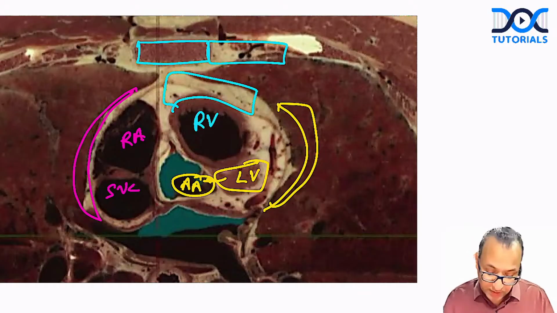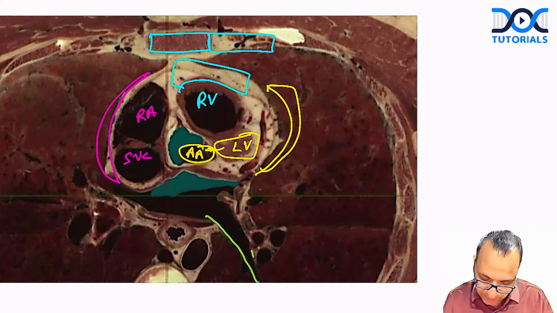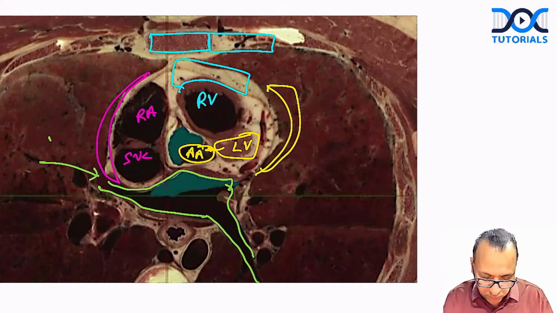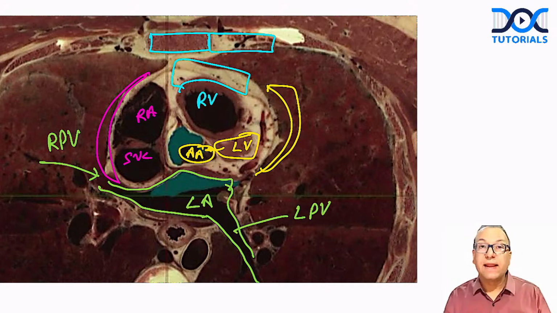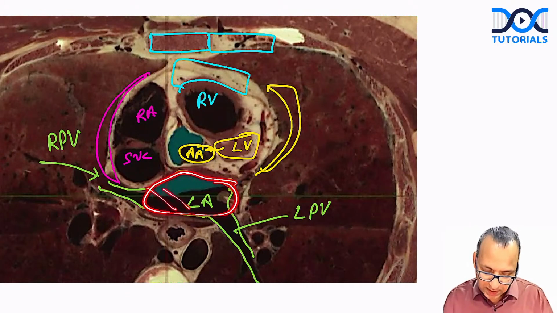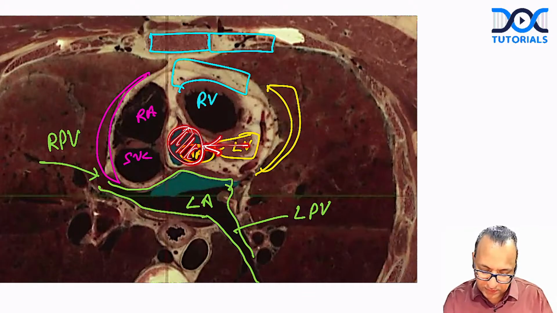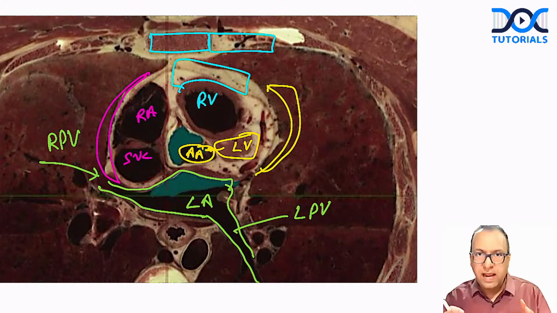That is ascending aorta. And what about this here that we are telling? This is a vessel entering into this chamber, a vessel entering from there also. So right pulmonary vein and left pulmonary vein into the left atrium. So you have identified left atrium here, and you have identified the ascending aorta here, which comes from the left ventricle. You have identified here right ventricle. You have identified superior vena cava, which is entering the right atrium. With that information,